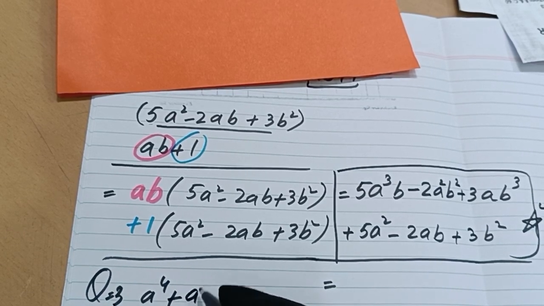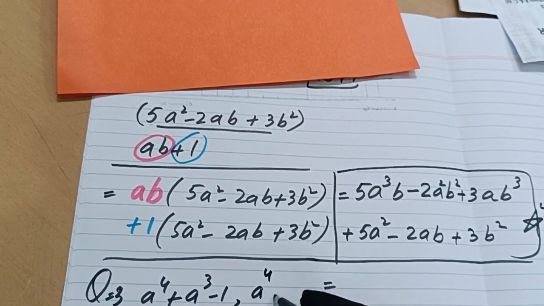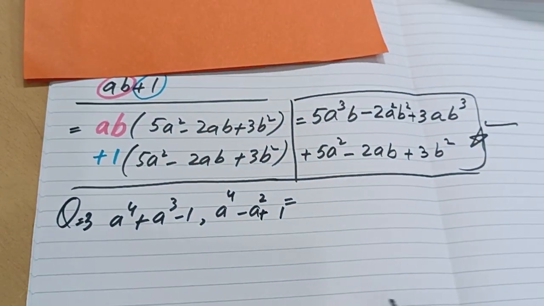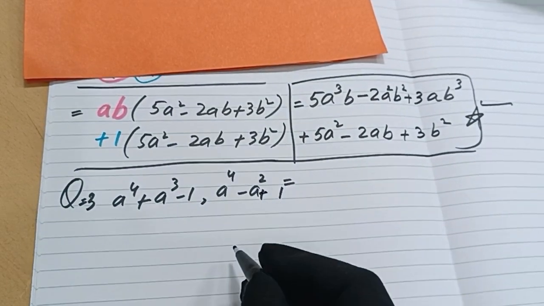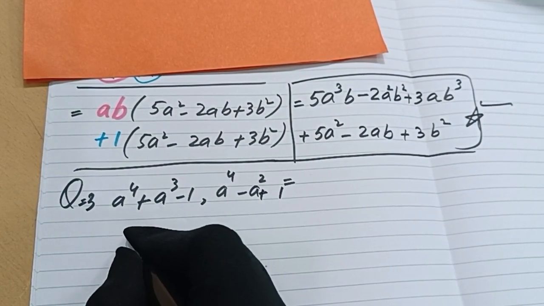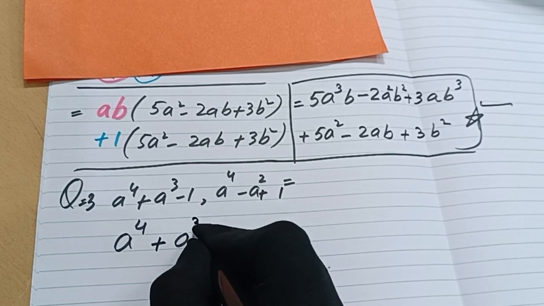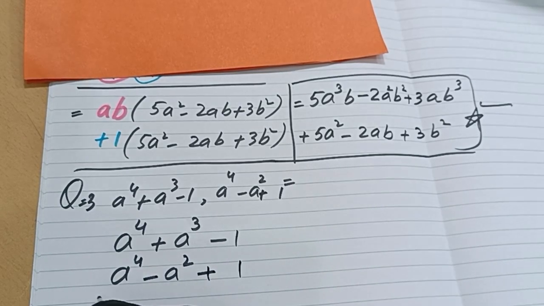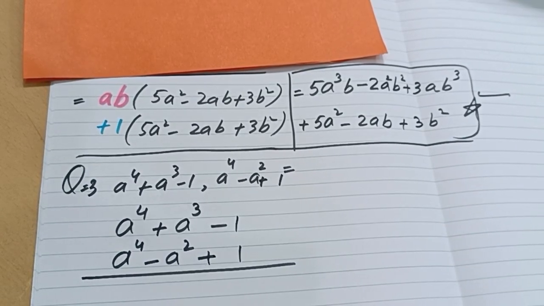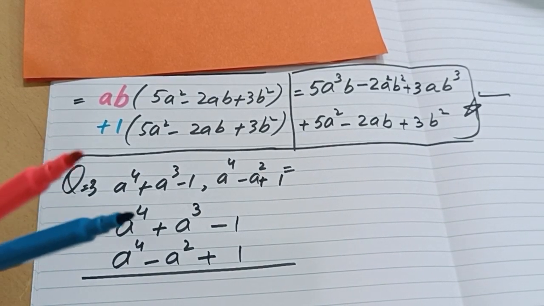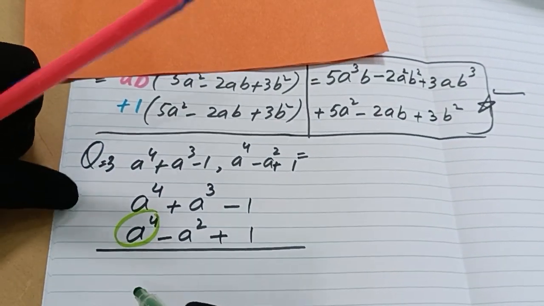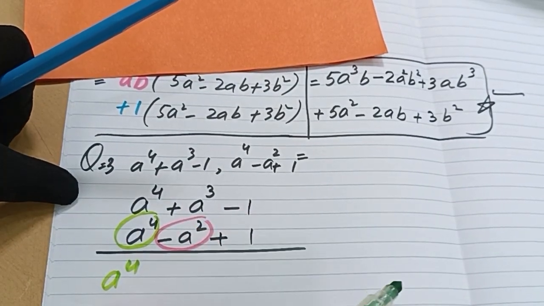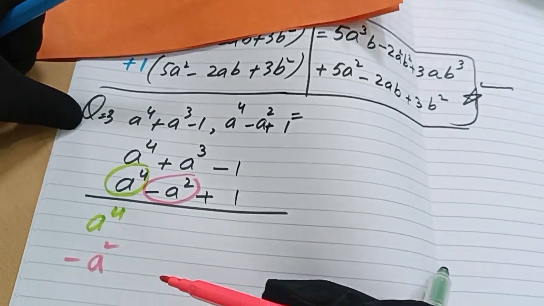a4 plus a3 minus 1 multiplied by a4 minus a square plus 1. This is a very important question because most of the students get confused in this one. Write down the first as it is, but in very clear handwriting. Second term a4 minus a square plus 1. You need to multiply the three terms. Okay, focus on that. There are three terms. First term a4 right here. Second term minus a square right here. Third term